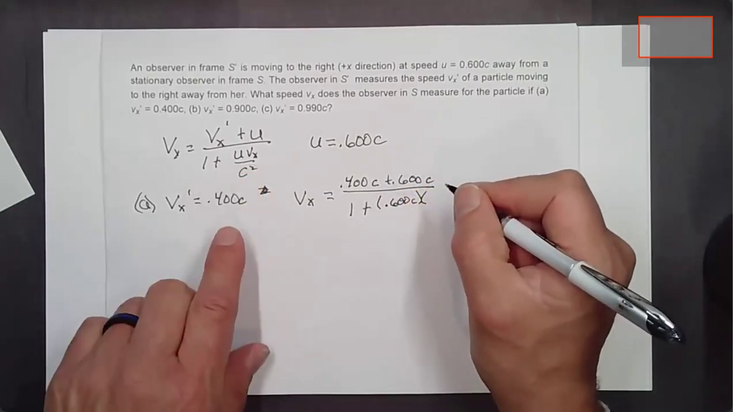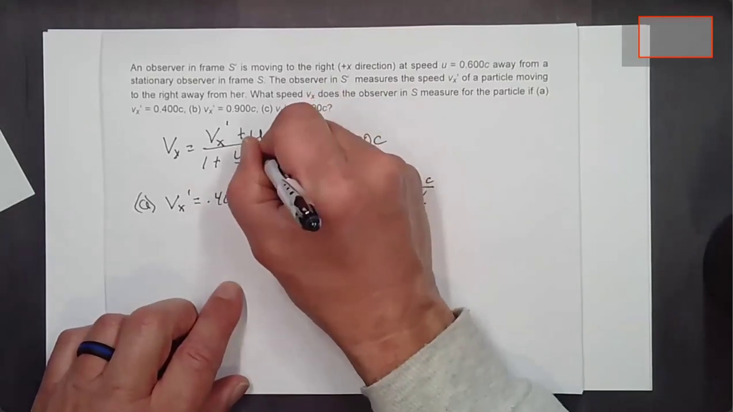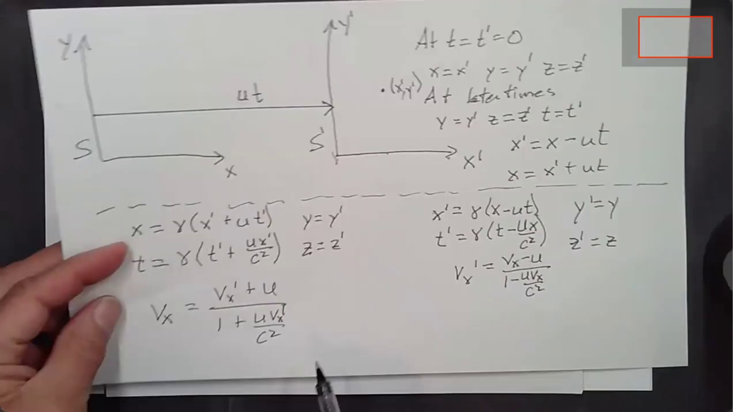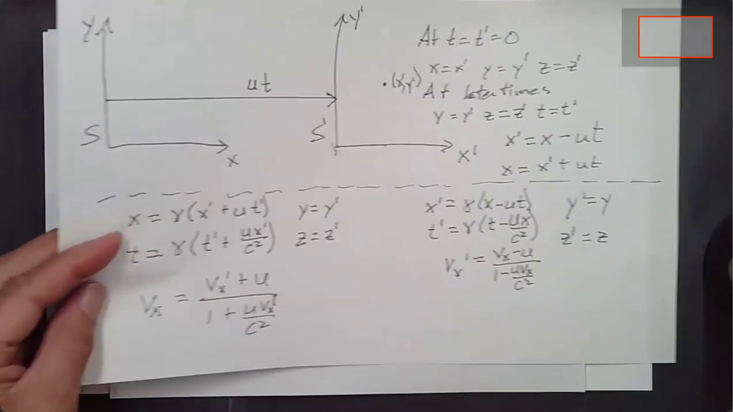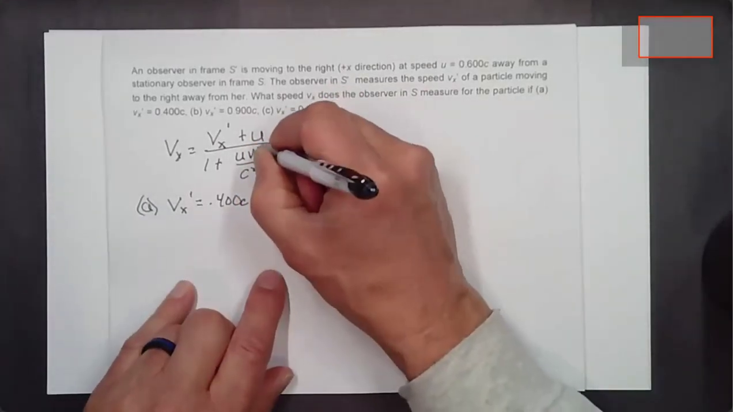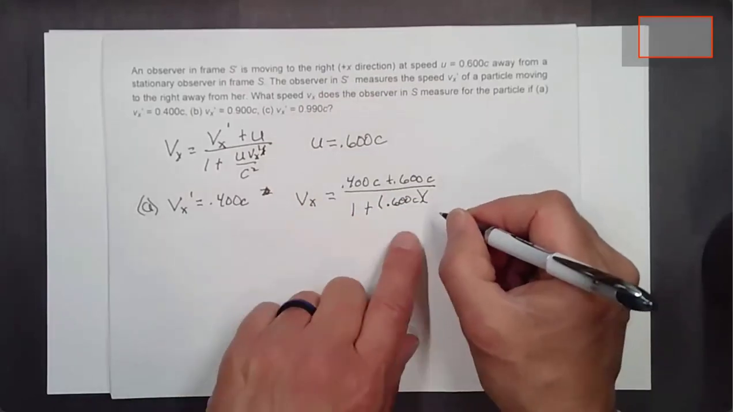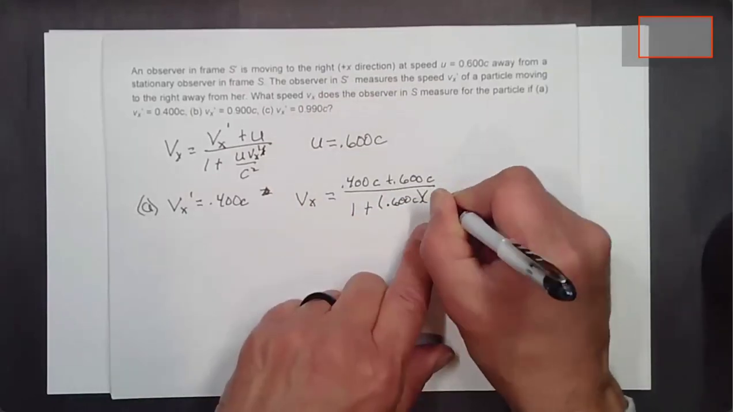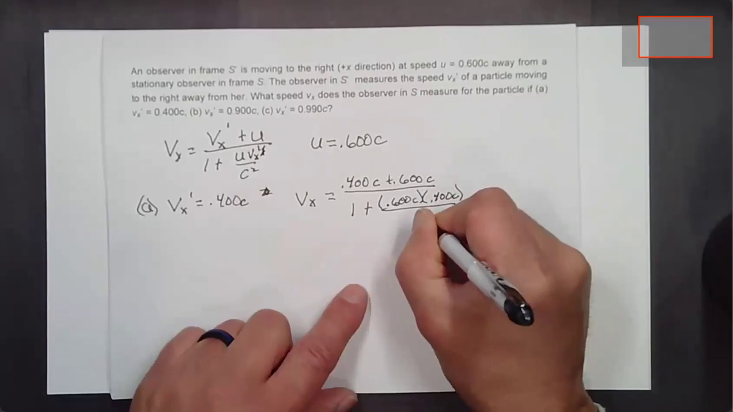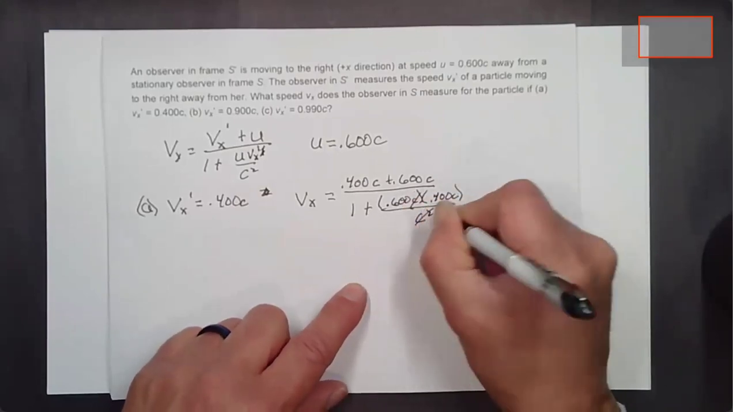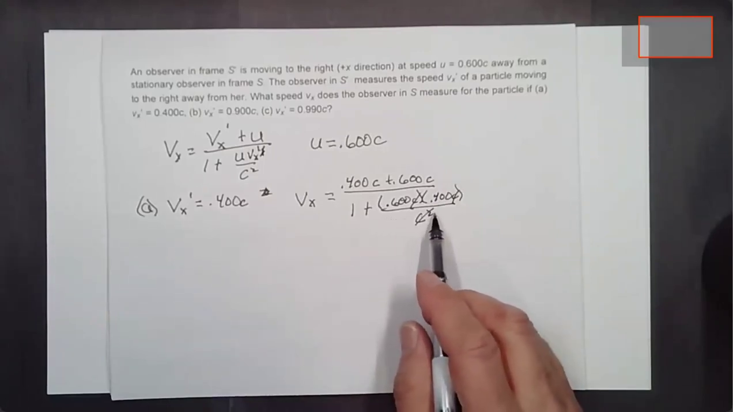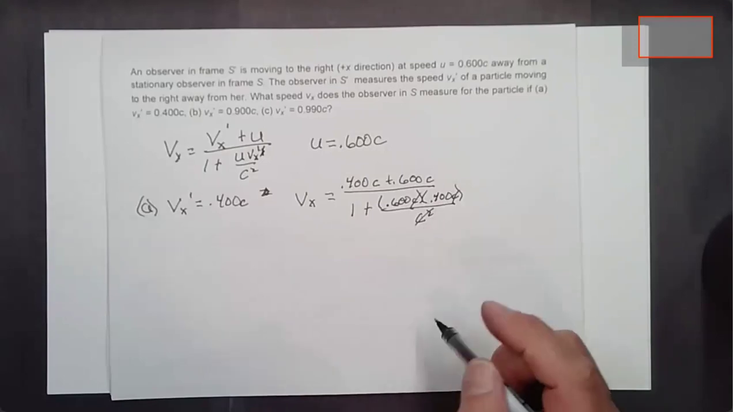v sub x, that's supposed to be v sub x prime there. When I wrote this down, I didn't have it correct. It's supposed to be v sub x prime. Anyway, v sub x prime is 0.400 c. And then I'm dividing by c squared. So you can see the c squareds divide out here. And 0.6 times 0.4 is 0.24. So I'll have